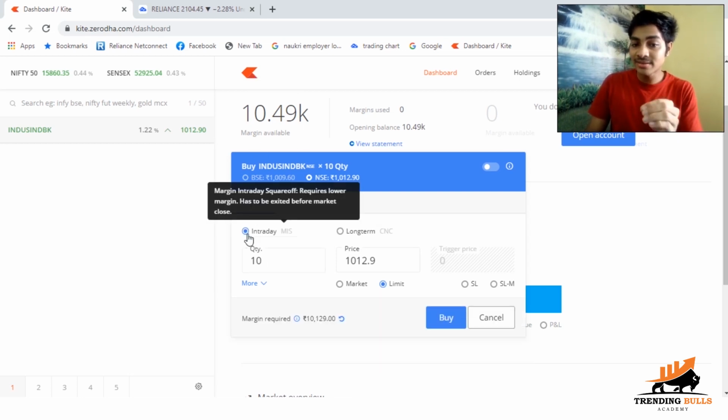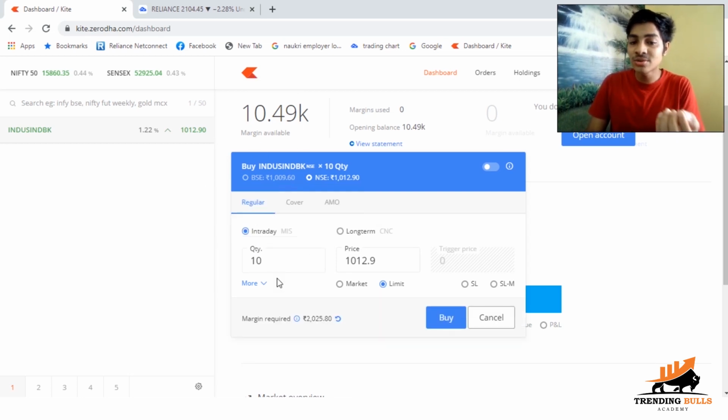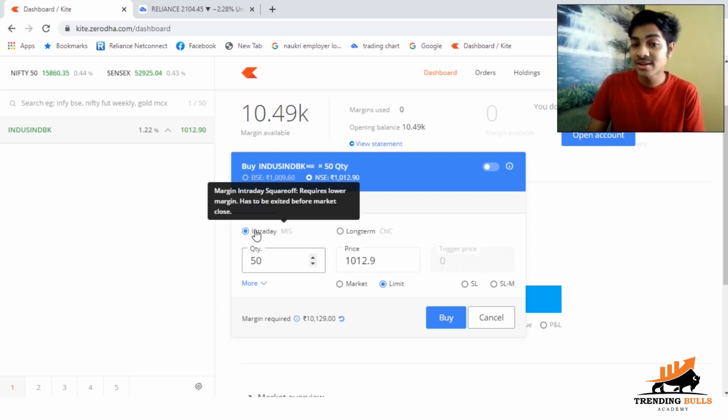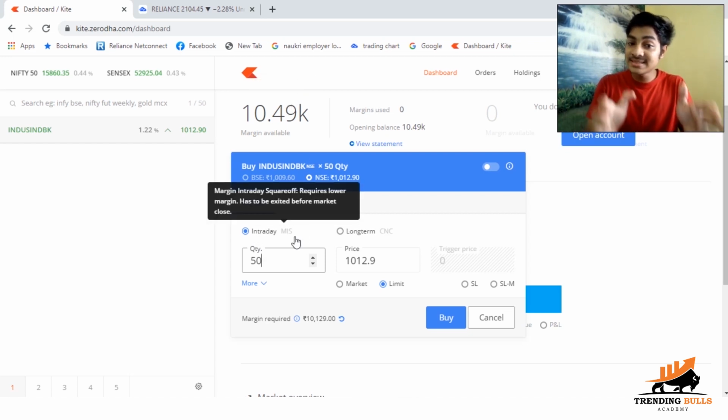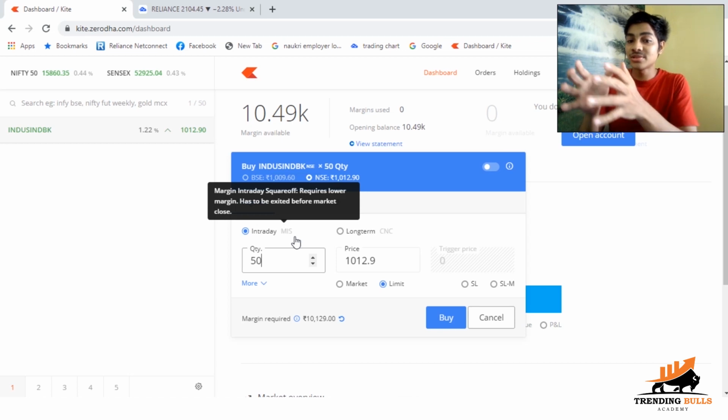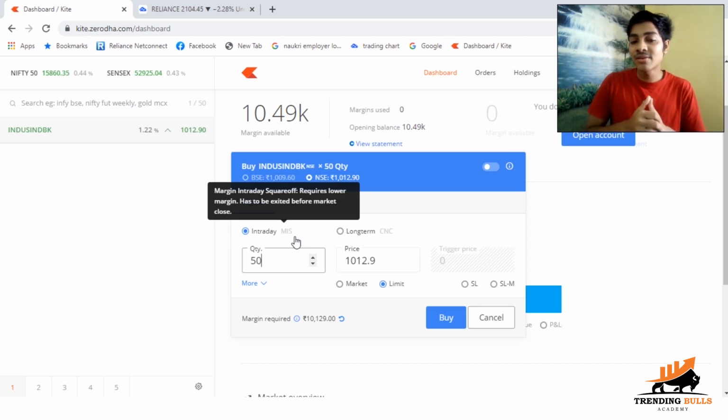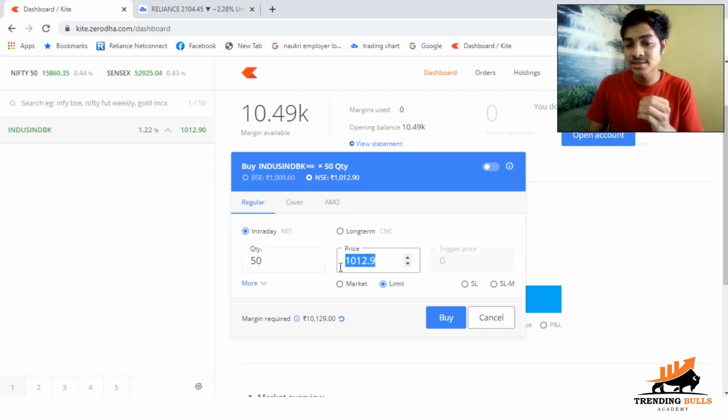But when I switch to intraday, if I want to buy 10 shares, then your work will be done with just 2,000 rupees. So how many shares can you buy? I can buy, I think, approximately 50 shares. Yes. So you can buy 50 shares in intraday with the same capital. So here if you see, the capital is the same, but the quantity varied. Now what happens when the quantity varies? Now let's say you bought at this price, and after some time, let's say after 2 or 3 hours, the price goes to